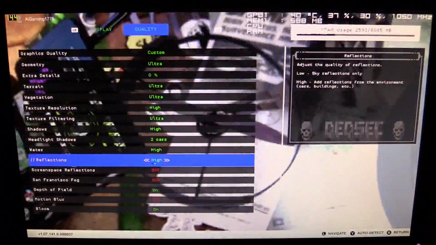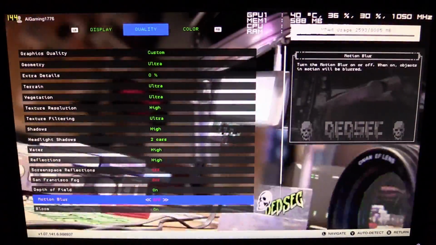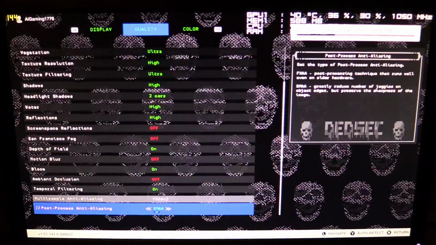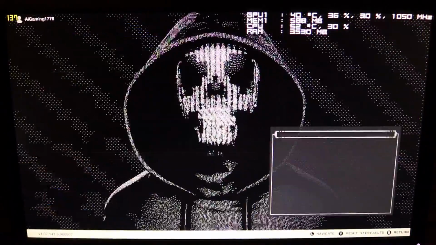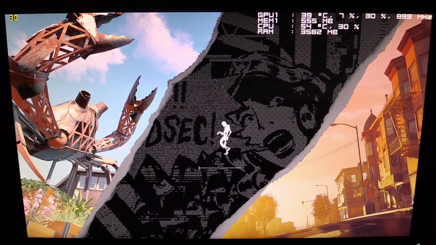When I did my i7 paired with this graphics card, same graphics card by the way, this Zotac 1070. This is actually my worst 1070 for what that's worth. See, and then there's temporal filtering on, SMAA. All right. Anyway, you're about to see,